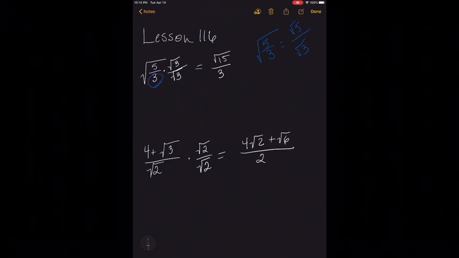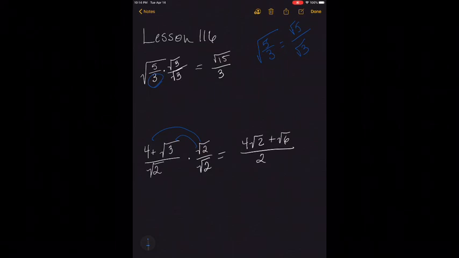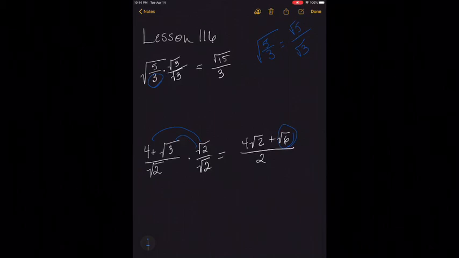The next one, and the last one we're going to do in this video, has the square root of 2 in the denominator. So we just multiply by a square root of 2 over square root of 2, making sure that we distribute to both parts. And we get 4 times the square root of 2 plus the square root of 6 over 2. In some cases, you might have a square root that you have to simplify. Neither of these examples had that, but you guys